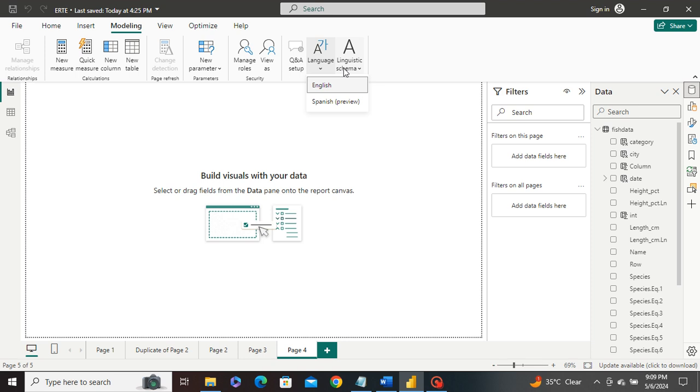Additionally, Power BI supports the creation of reports and dashboards in multiple languages. Users can input data, labels, and annotations in different languages within their reports, allowing for localization and customization to cater to diverse audiences. Then next,